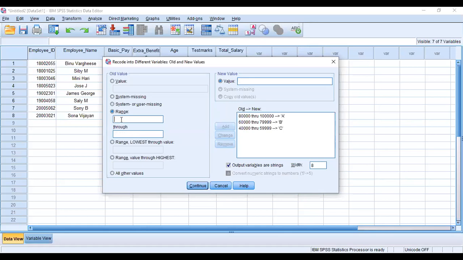Then again 20,000 to 39,999, sorry, make the value D. Add it. Again from the range 0 to 19,999, add.